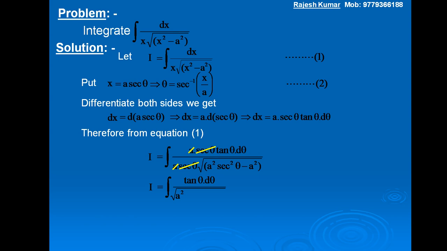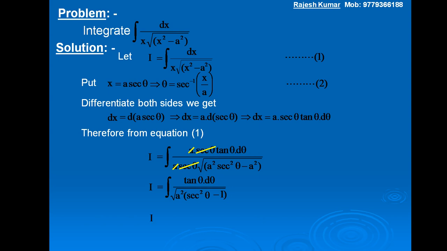In the denominator we can take a square common, so under root a square into within the bracket secant square theta minus 1. As a square is common, so we can take it common. So we get I is equal to integration of tan theta upon square root of a square into within the bracket secant square theta minus 1 into d theta, means integration is with respect to theta,